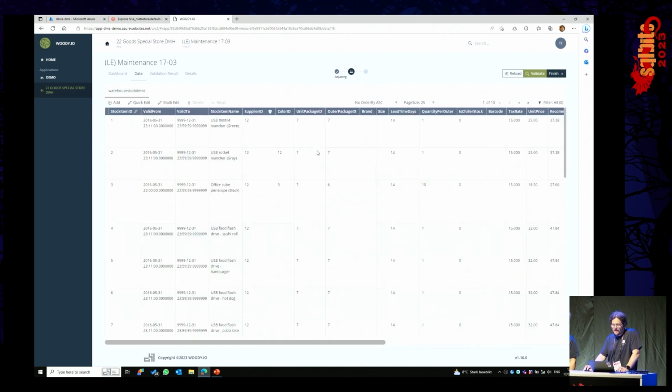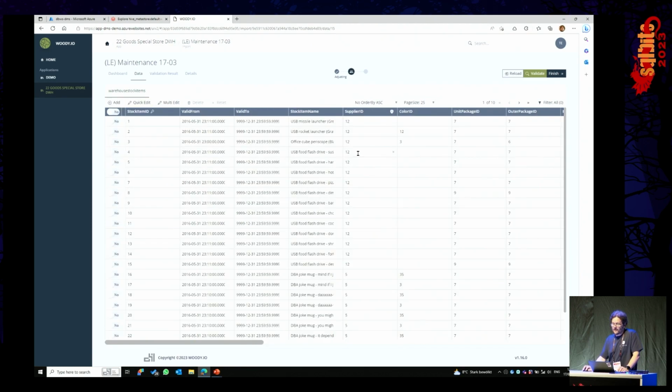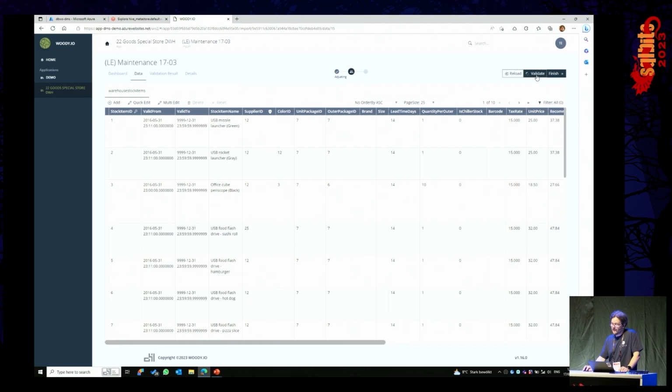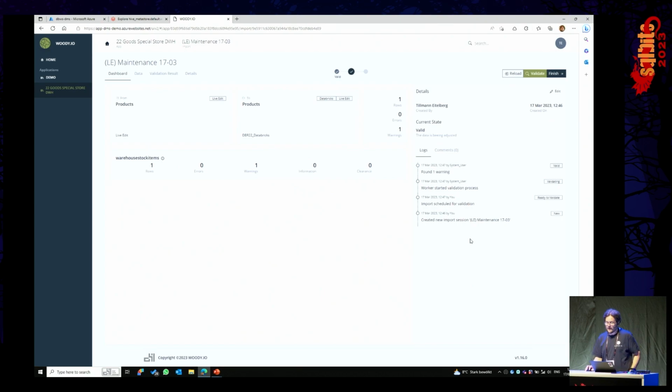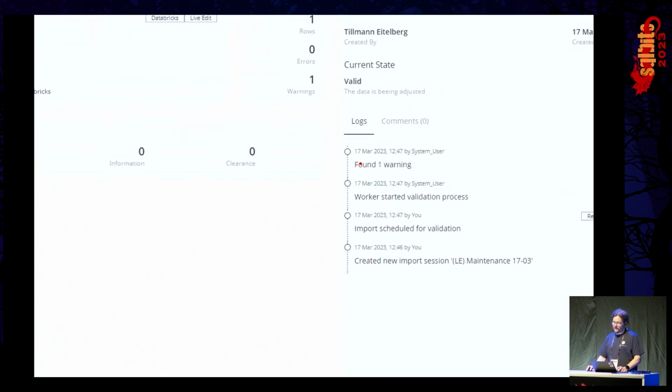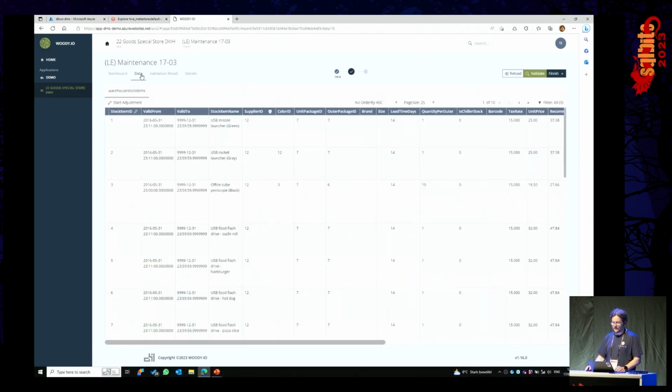The data is loaded now, and you will see all the data directly from Databricks. I can go to Quick Edit, and maybe I just change here 12 to 25. I close the Quick Edit, and now I go to Validate, and the data will be validated in the background. If I now go to the dashboard, as you can see here, I get a warning. So, because we have edited some business rules in the background on the data, and if I go back now to the data,